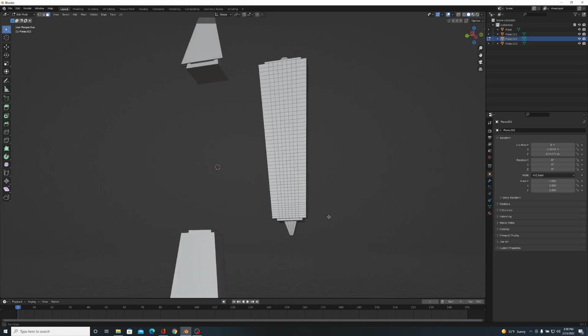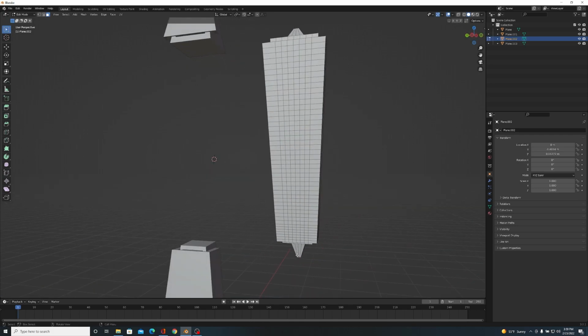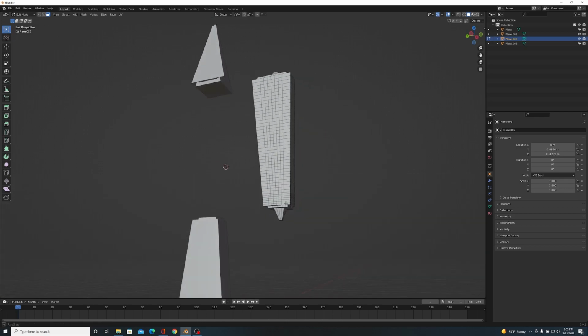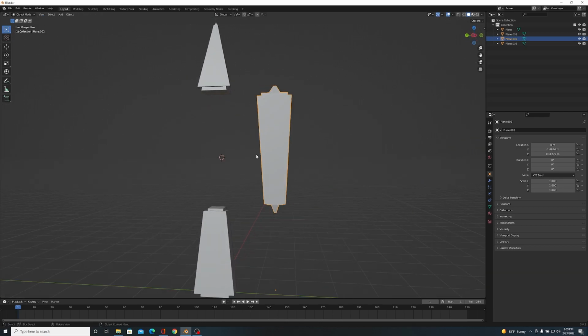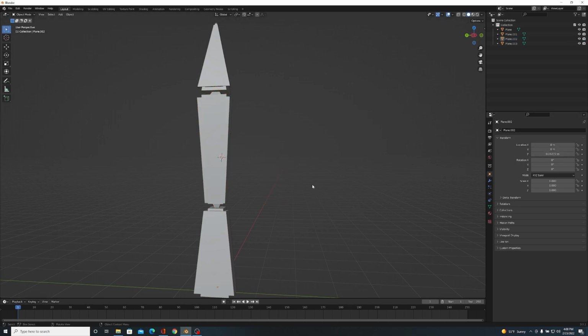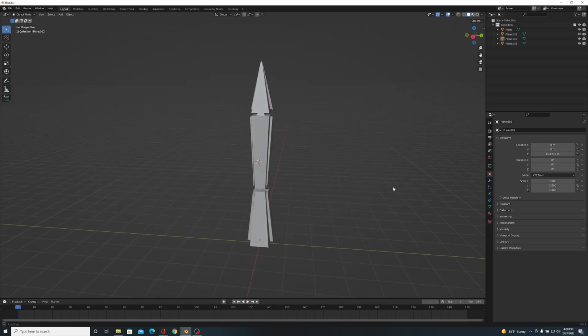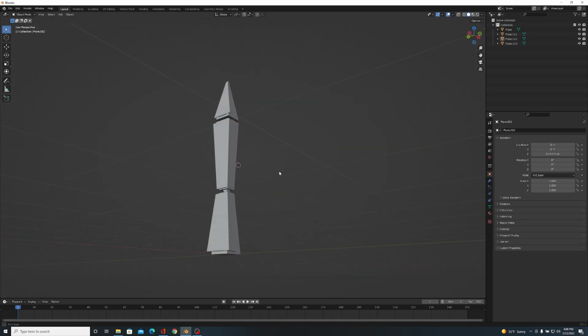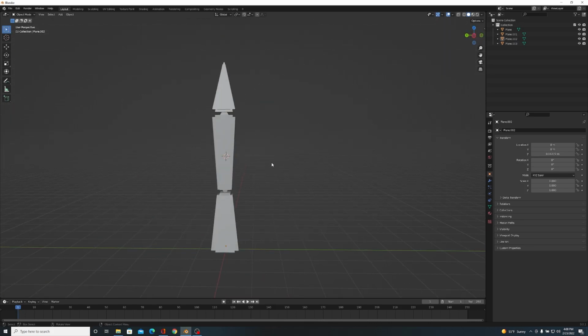And always, what I found too is that if you make it a direct tip, like a sharp point, it's not going to look right. Always give it some flatness. This gives the animation something to work with. If it's pointed, it's going to end up showing up when it's all animated. But there we go. So we got the start of our spider leg.